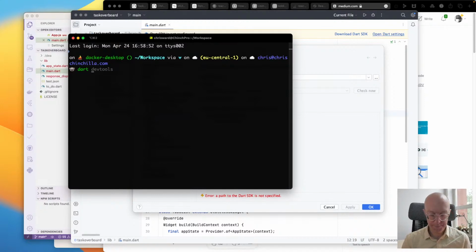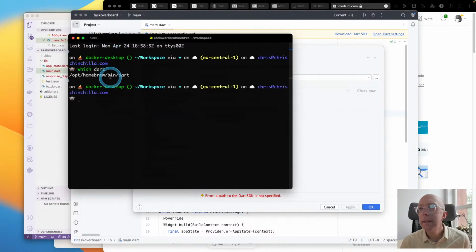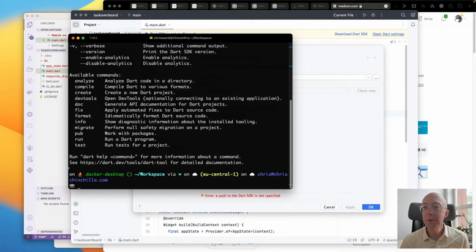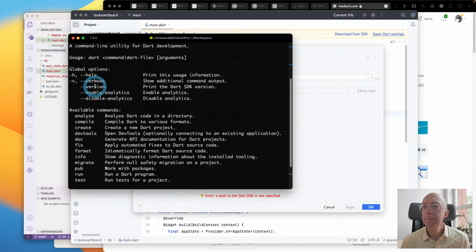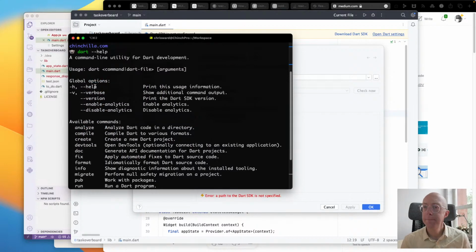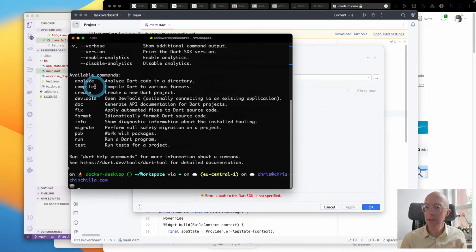Dart. But this is more the binary, I guess. It's like a Dart info or something. Yes, Dart info.